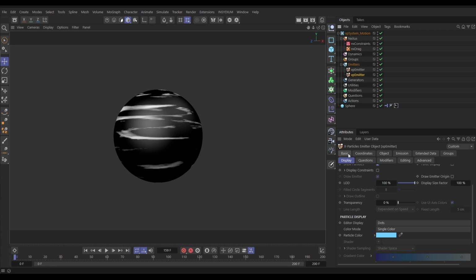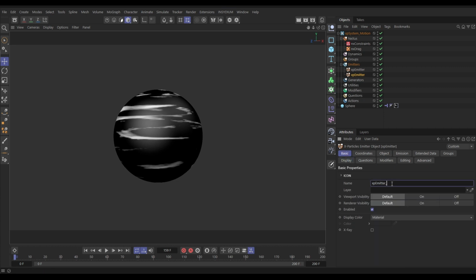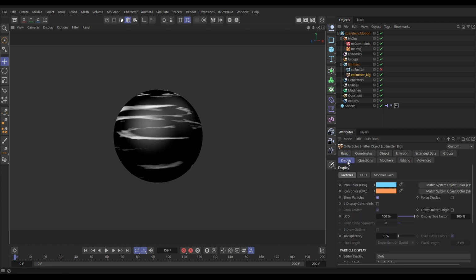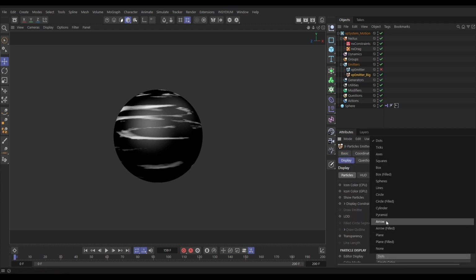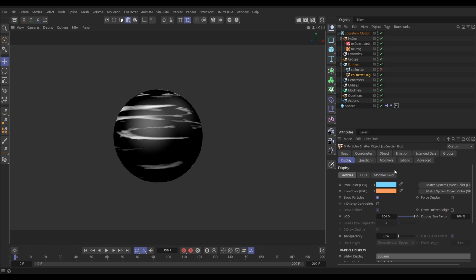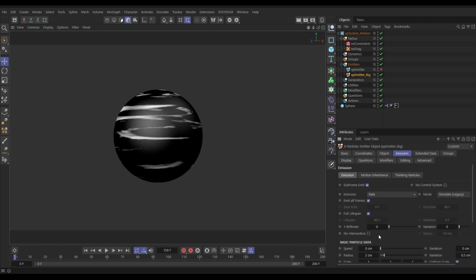This one, let's go to the basic tab and call it emitter big, and we'll switch off that original emitter for now. Switch it off, and in our new one, let's go to our display tab. We are going to display these as squares, and in the emission tab everything can remain exactly the same, but we need to hook this up to our Xpresso rig, remember, because we want these to be emitting at the